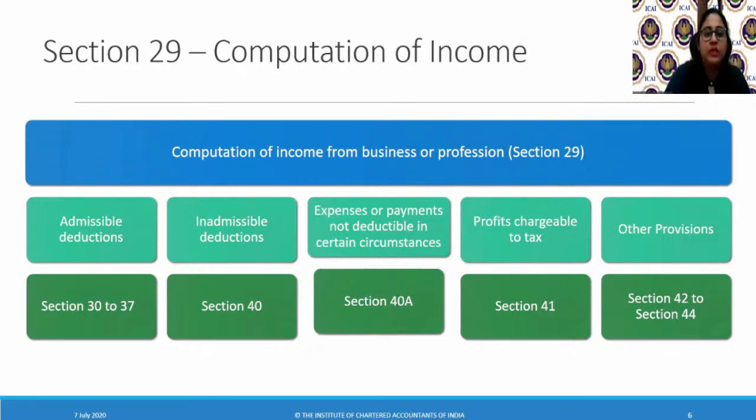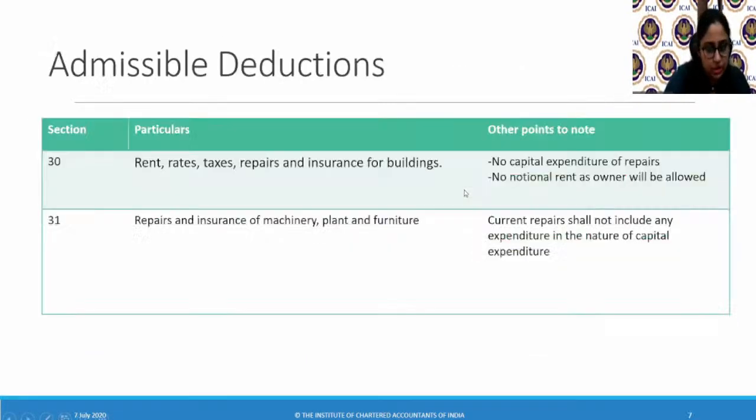Okay. Now we begin with the first very important section. Now for business, what is important is the building. First question which would be coming is, ma'am, do we need to remember the sections? I will say yes. Some particular sections, yes, you have to remember when we are talking about PGBP. Some 10-9 sections are there which are important, which you need to remember. 28 is the charging section, 29 just told how to compute PGBP income. Now 30 says admissible deductions begin. Section 30 talks about